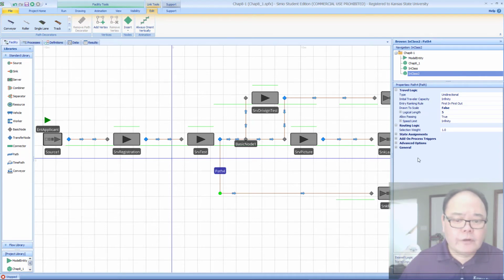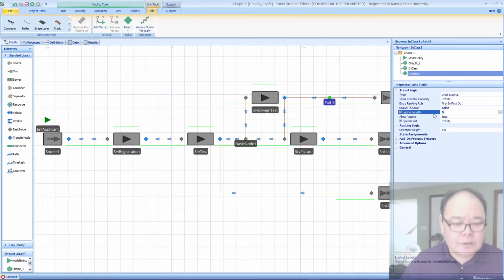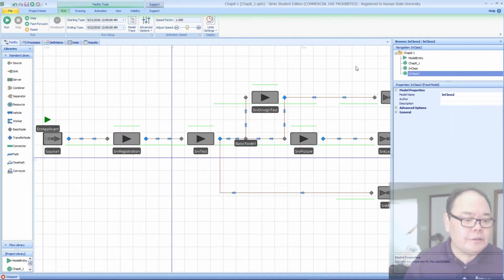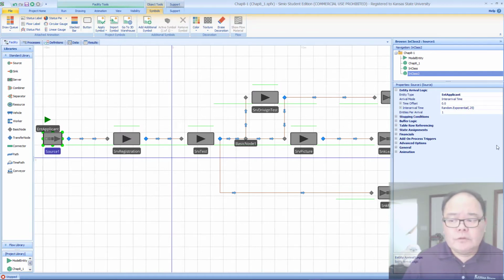Instead, from here to the driving test, that's 10 meters. And this part is actually 0 meters, so I'm not going to do anything about that. The rest of them are 5 meter spread. And also now the inter-arrival time for